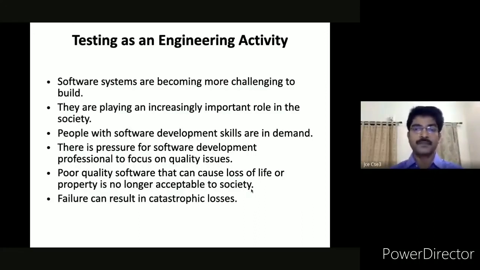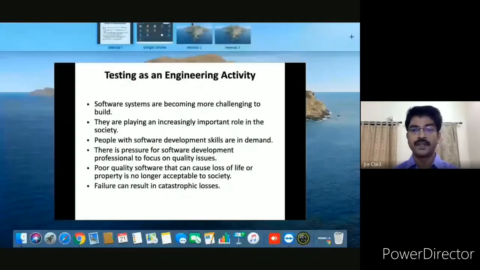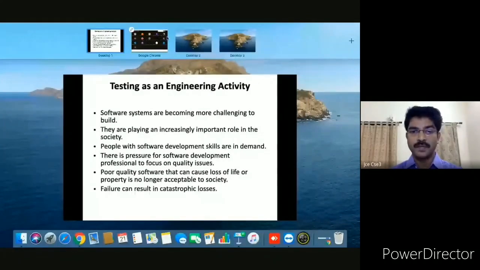We are studying software testing in detail. The very first thing, I have divided this entire unit into 3 parts: part A, part B, and part C for your convenience. In part A, the first topic we are going to study is testing as an engineering activity. So when I say testing as an engineering activity, you all remember